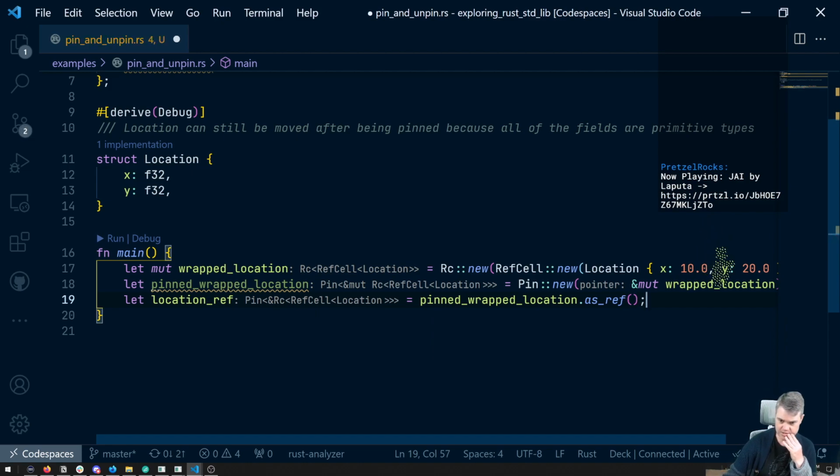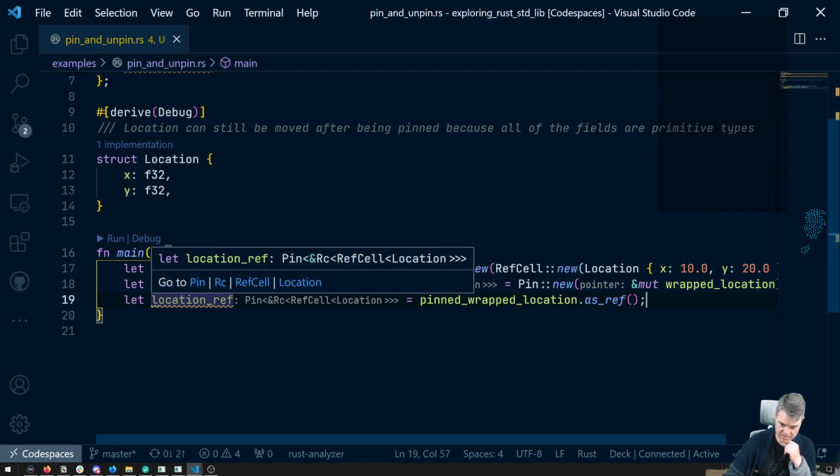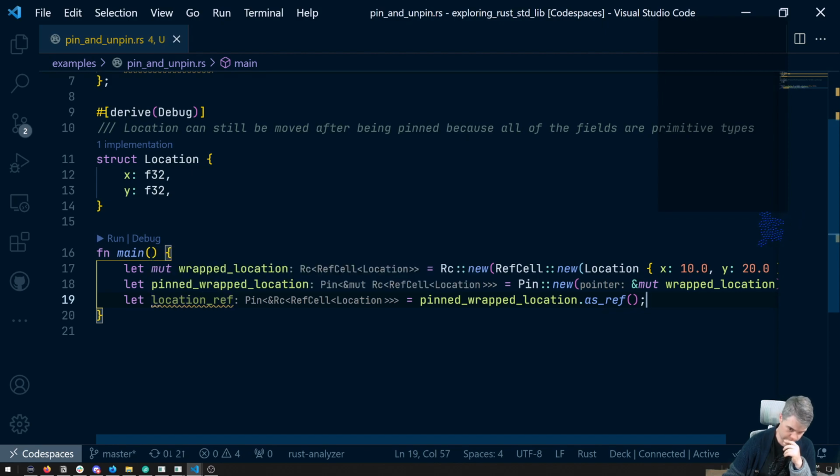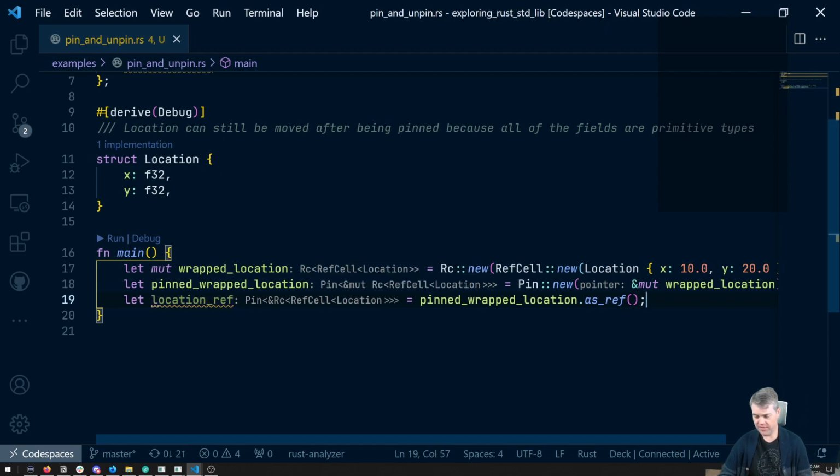So if I do this as ref, which was, as we can see, in wrapped location, it was a pin with a mutable RC, but now we can just get a reference to the contents of it. If I deref pin and the RC, and then I borrow the ref cell,